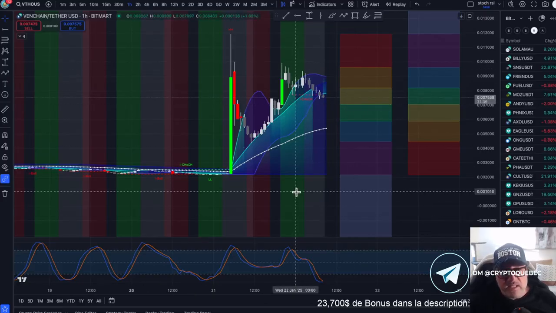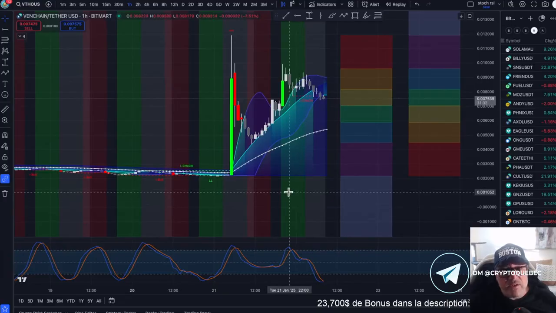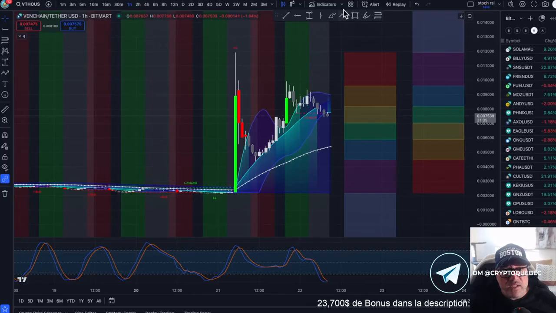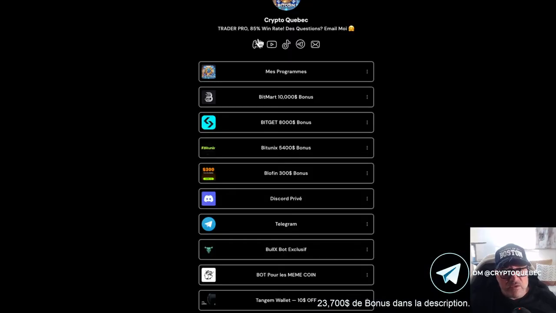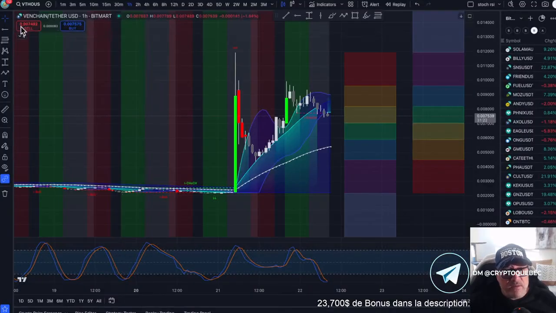However, the crucial thing to understand is the candlestick structure itself. It's the candlestick structure that will ultimately dictate for us when you should be in the trade, and more importantly, when you should exit the trade. There are truly no secrets in the world of trading. You absolutely must learn to read the candlesticks as if you were reading a book. That's how you will perform. Knowing that I win 85% of my trades, if I achieve